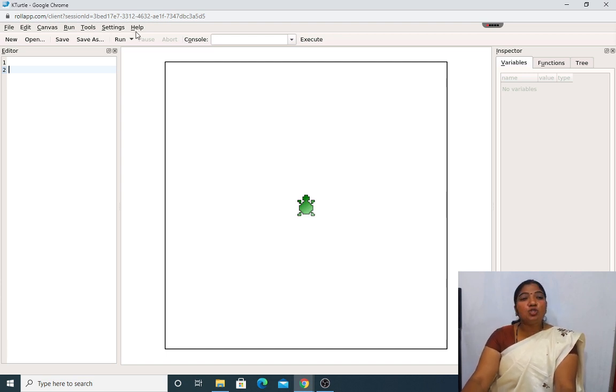The next one is the toolbar. A toolbar is present below the menu bar. Which are those? New, open, save, save as, run, pause, abort, console and last will be execute.